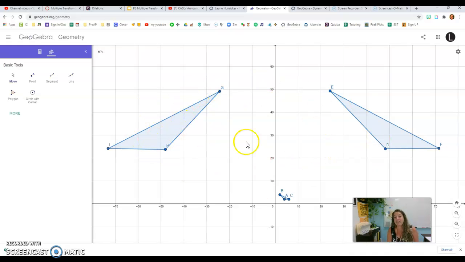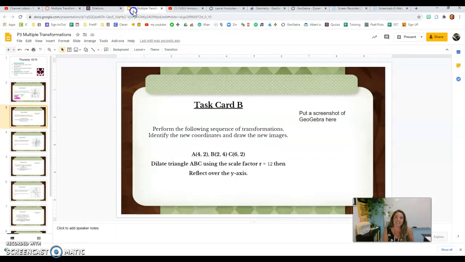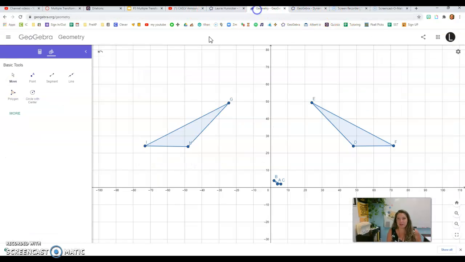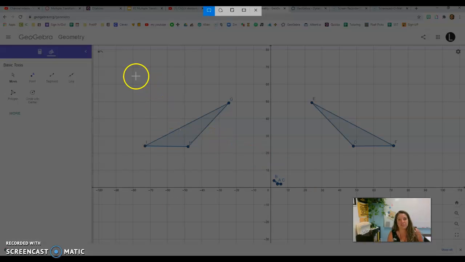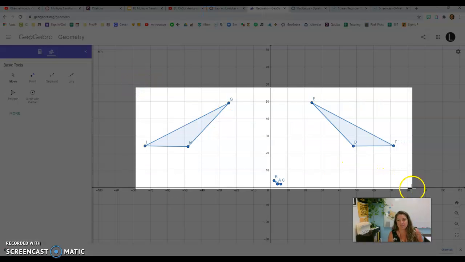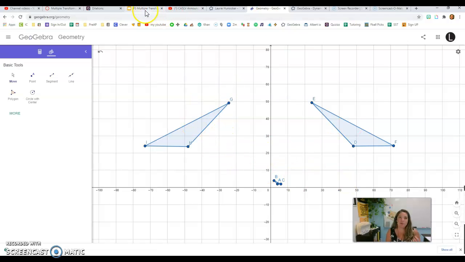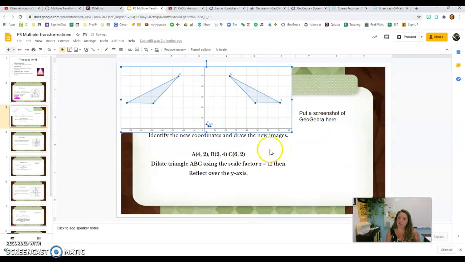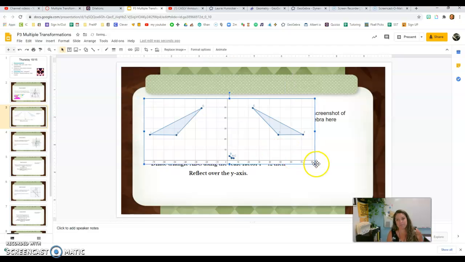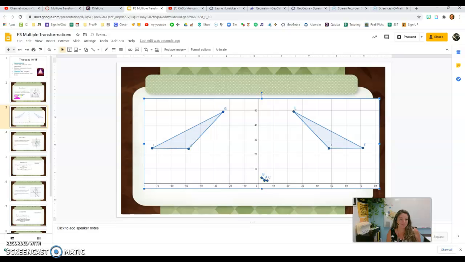Okay, so now that you have that done, what you're going to do is you're going to take a screenshot, or what I like to call a snippet. Okay, and there is a how-to video that goes a little bit slower with it if you need some help, but what you're going to do is get your snipping tool ready, and you're just going to click and drag. I actually use the keyboard shortcut, but you can use the snipping tool that might be at the bottom of your screen. Okay, you go back into your Google slide, and you can just Control V or paste it back in. Okay, so one more time, for those of you that don't have the snipping tool, go search snipping tool in your Windows